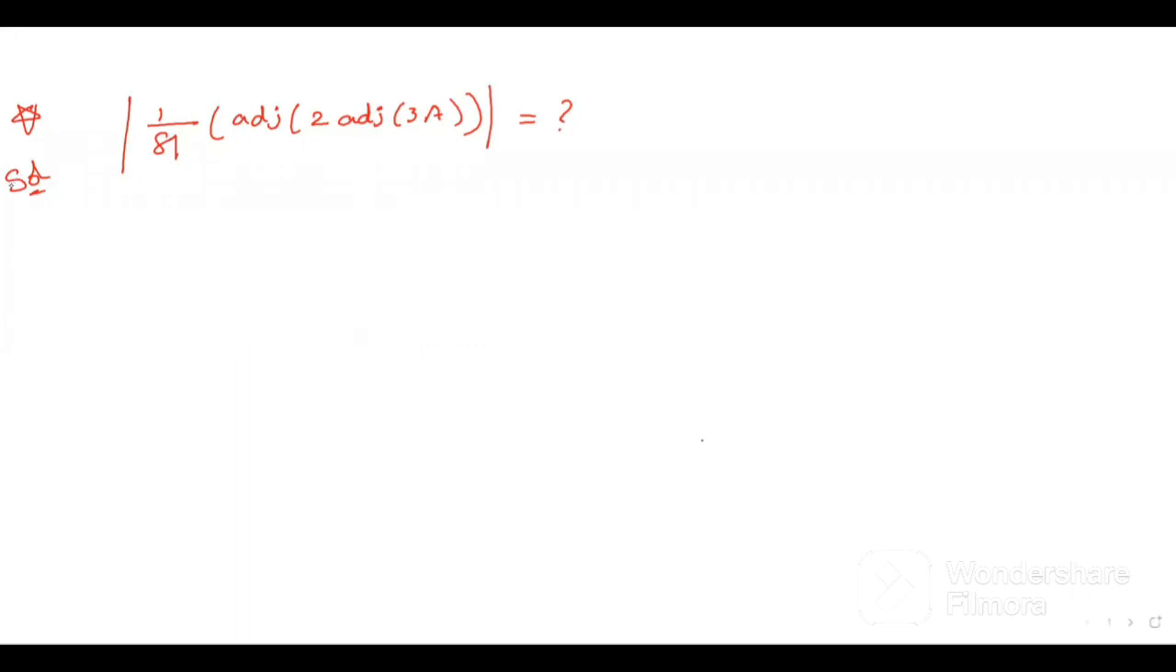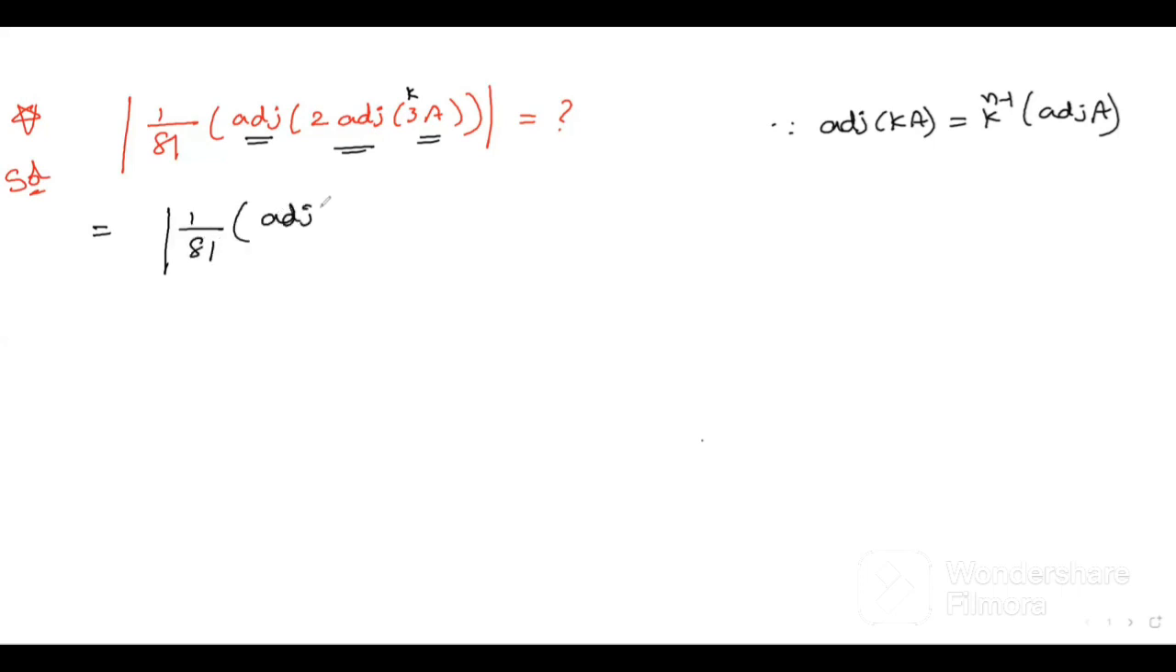Okay, now explain next statement. In the statement, what is given? Det of 1 by 81 into adjoint of 2 adjoint of 3A. Okay, we have one formula. Adjoint of KA is equal to K to the power n minus 1 into adjoint of A. Okay, first now we should apply this formula adjoint of K. Here K value, how much value here? 3. So this is equal to det of 1 by 81 times adjoint of 2 times of, here we